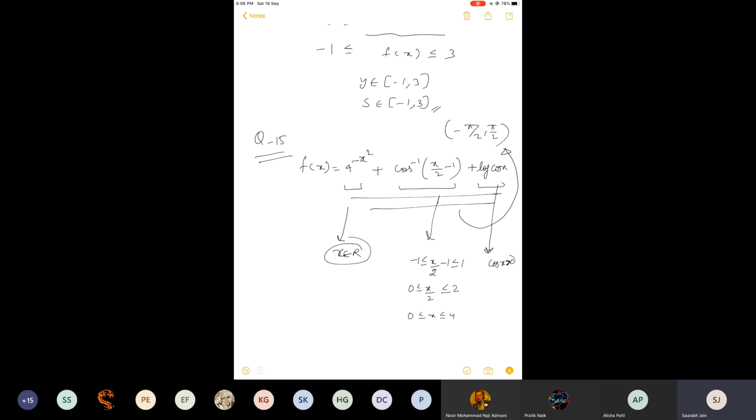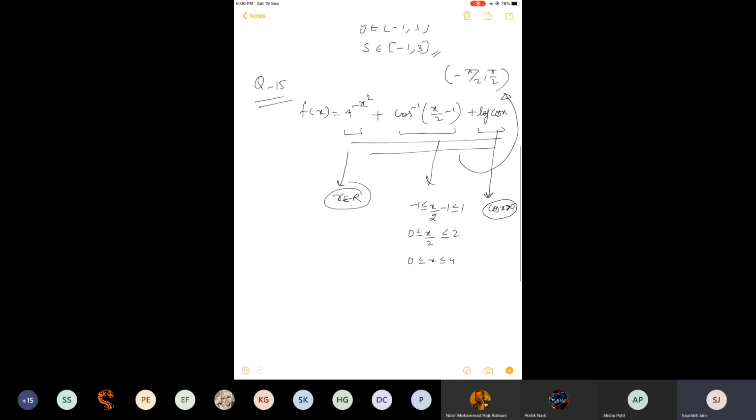But actually there will be so many x for which cos will be positive, because if we draw the graph of cos x, you will find infinite values of x for which cos x is above the x-axis. But we do not require all these x. We require very limited values of x, because ultimately the answer should be contained in this interval. Now let us go in the reverse order. If we consider this interval minus pi by 2 to pi by 2, this contains the first and fourth quadrant. And in the first and fourth quadrant, cos is positive.